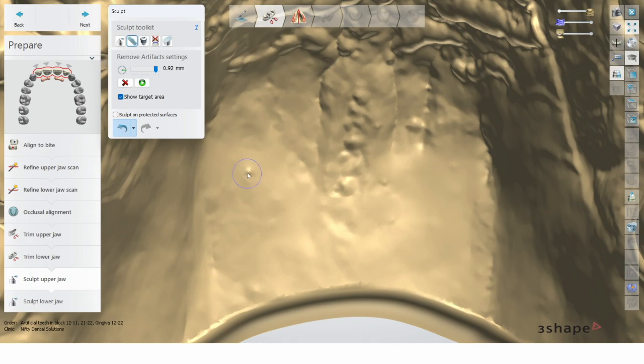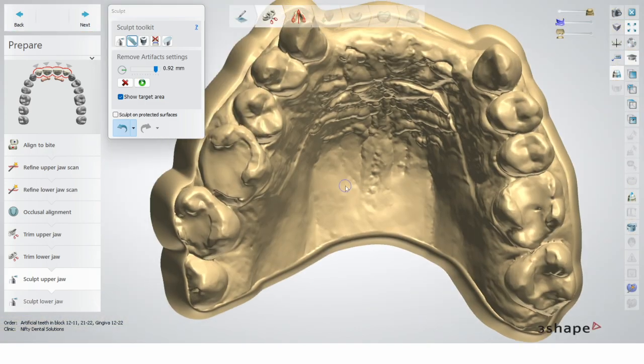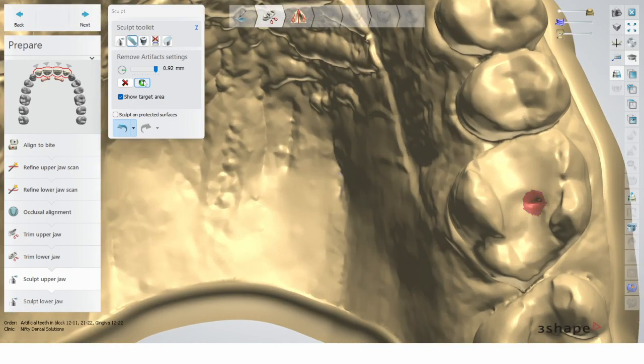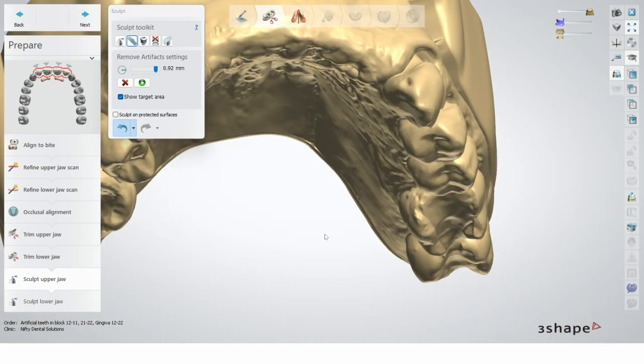As you can see, it magically makes all of the imperfections disappear. And especially when you have lots of mesh overlaid, a bit of a drag scan, it's a very helpful tool that can help you to fix some of the problems. You can see here, for example, we want to remove that hole, and it's gonna go. Very, very clever tool.